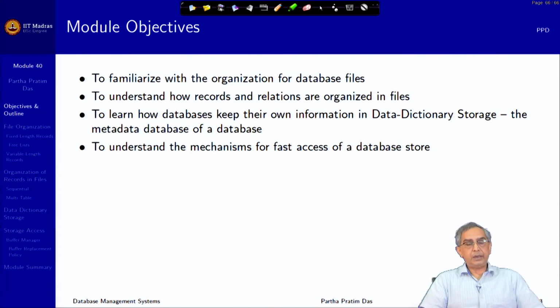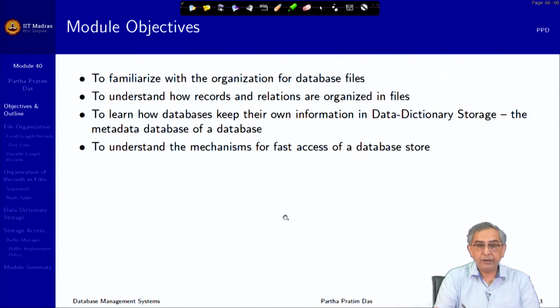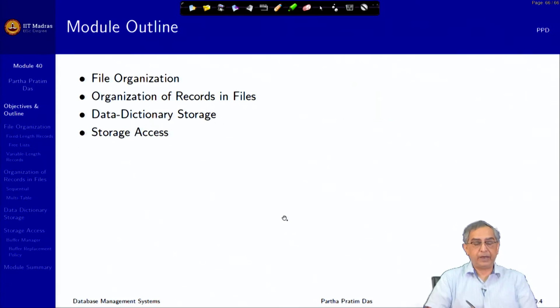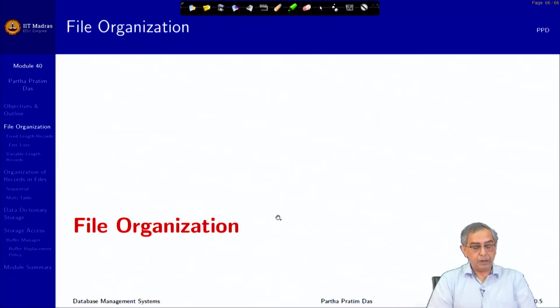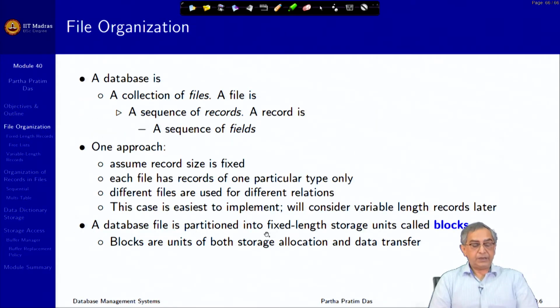So I should rather say that we'll start with the logical structures of the physical layer. How database files should be organized, how records in that should be put, what will be the data dictionary, and what would be the different fast access mechanisms. So for file organization,